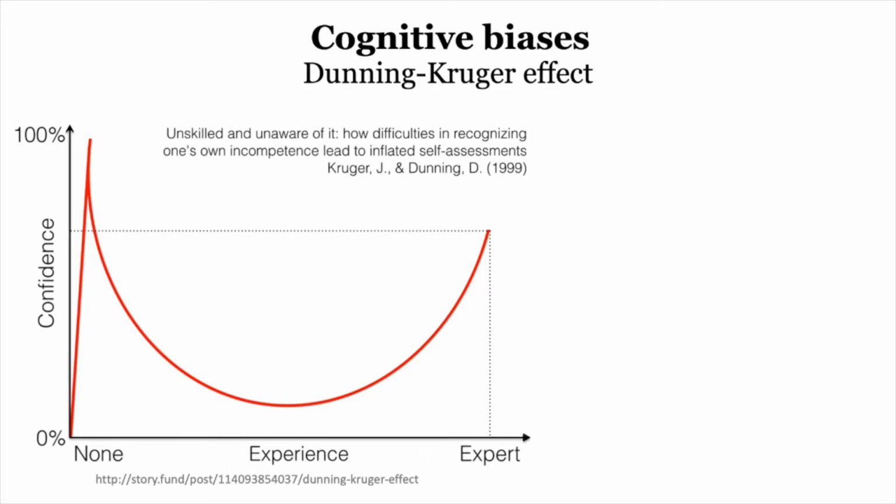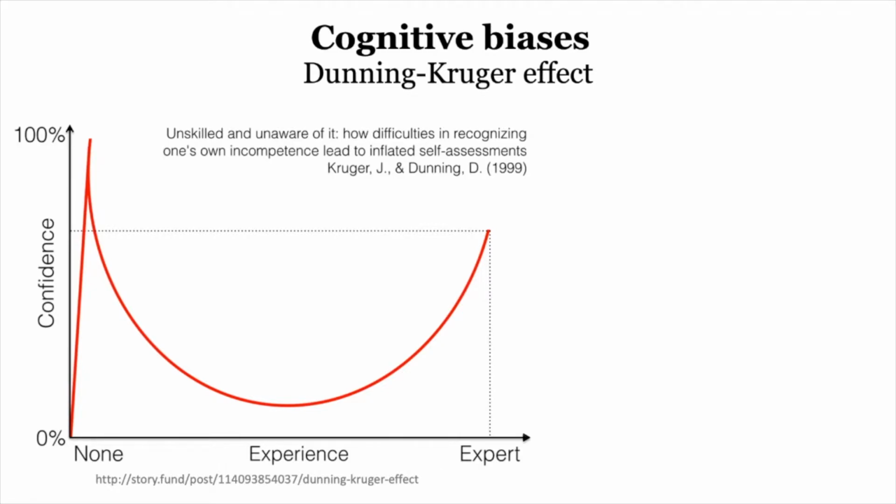From initially learning until knowing just a very little bit, our confidence jumps from 0 to 100. And then over time, our confidence slowly diminishes until we end up somewhere here in the middle of this loop, which is the pit of despair for some academics. This is where we go when we realize, wow, the problem was much more complicated than I thought. Actually, I don't know as much as I thought I did.